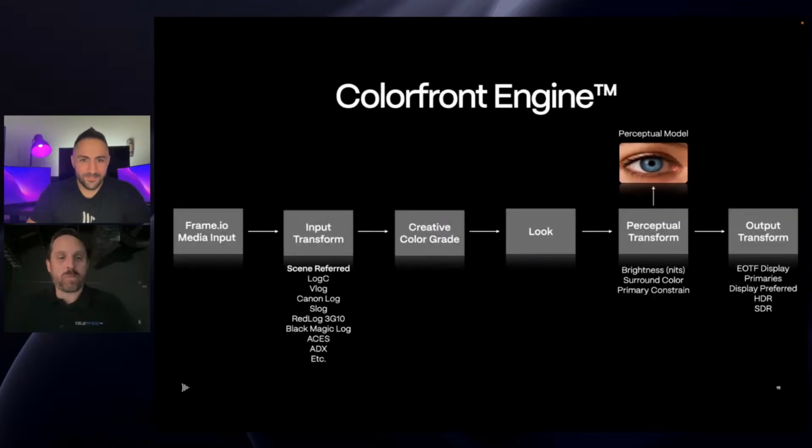Great. Now we're going to get right into the Colorfront engine, and as you can see, the pipeline is the same that we talked about earlier. We added Frame.io as the media input. We have worked for a couple of years now with Frame.io to support their Camera to Cloud initiative, and so we have direct access built into On-Set Dailies and Express Dailies to read directly from your Frame.io project.